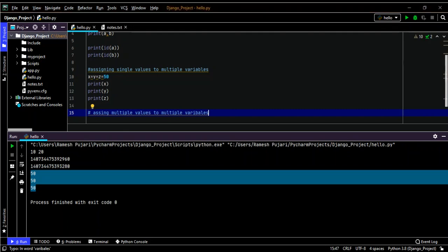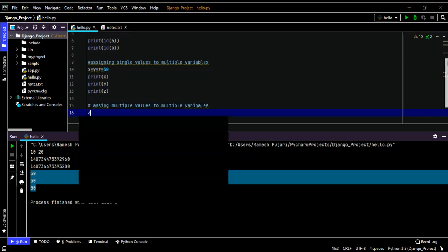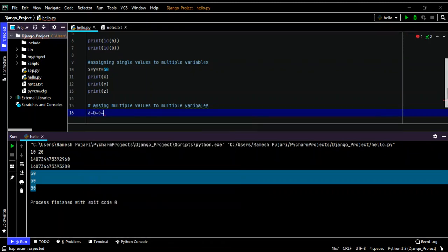In this, I'll declare multiple variables, for example a, b, and c. So a, b, and c are the three variables I'm declaring here. Sorry, here there is no need to declare equal to. Okay, a, b, c.